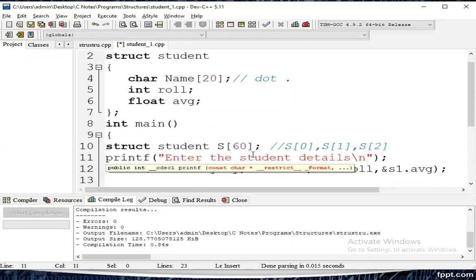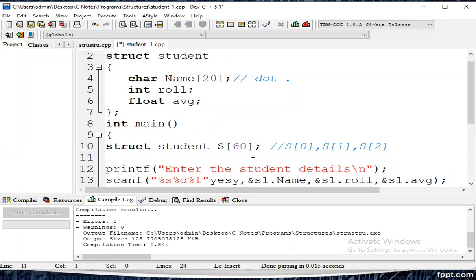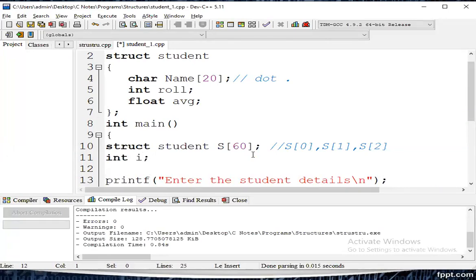Enter the student details. Before that, you have to use a loop also. For the loop, we need one variable, that is i. For i equal to 0, i less than 3. In our example, if you take 60, we have to enter 60 different students, so it takes a lot of time.